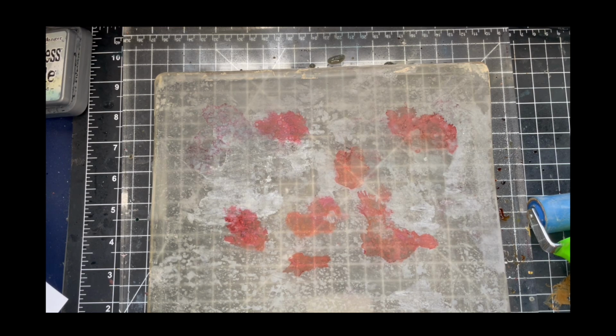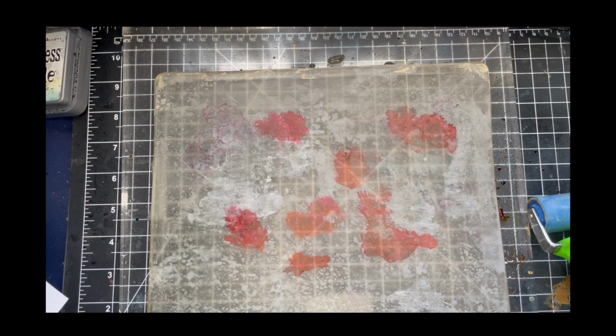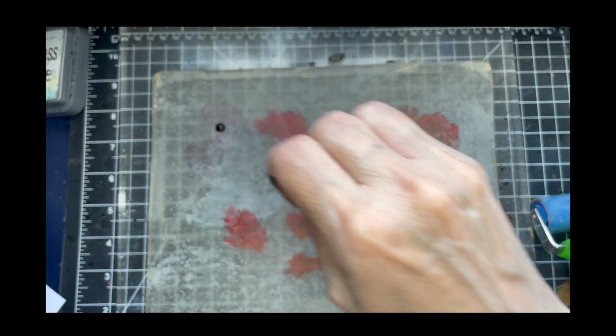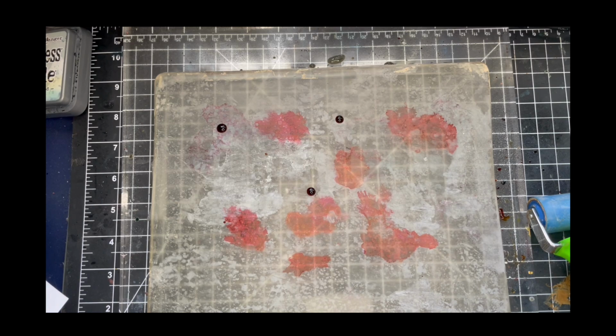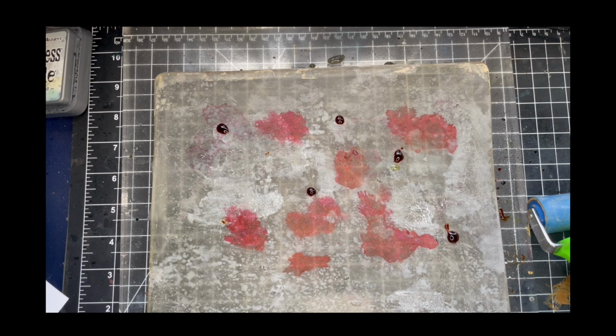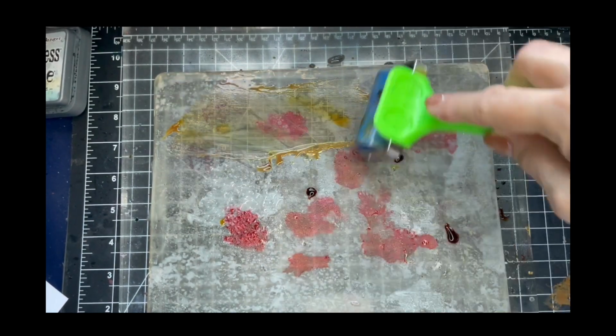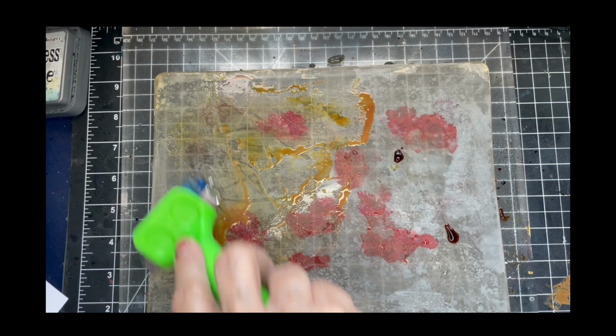So now what I think I'm going to do is try and put a little bit of scattered straw in here. Okay. Spray a little bit of water, a little bit of alcohol, because I want that alcohol ink to reactivate a little bit too. So I'm just kind of